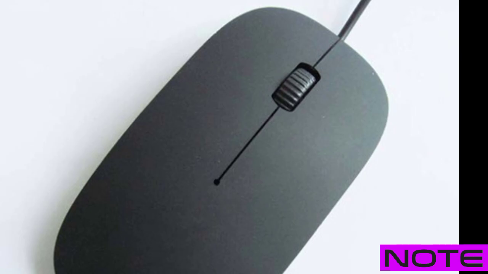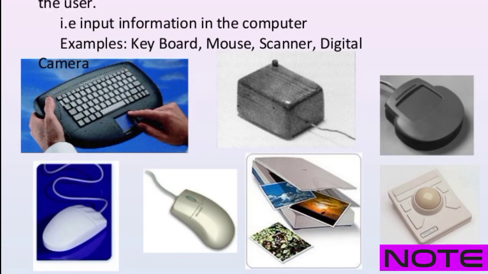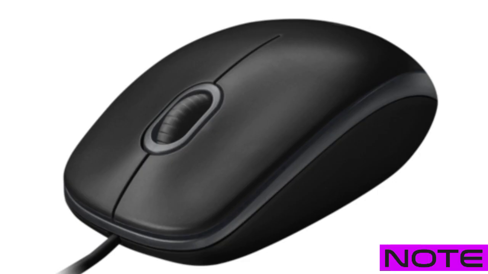Two types of mouse are available, a mechanical mouse and an optical mouse. A mechanical mouse uses a ball and roller arrangement to determine the position of the mouse pointer. An optical mouse, on the other hand, uses an LED light source and a sensor to scan the surface on which the mouse is placed to determine the position of the mouse pointer on the screen.